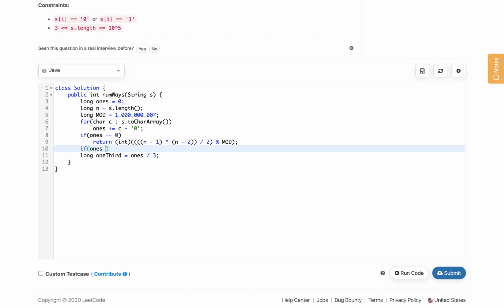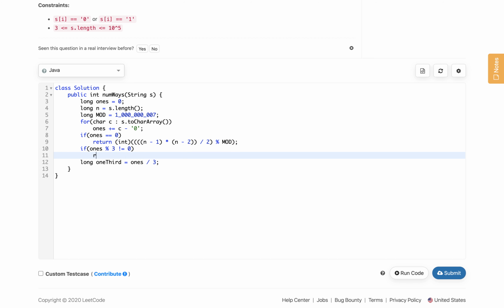If ones modulo 3 is not 0, then we simply return 0, and after that we will solve the case where the ones count is divisible by 3. So, we will reset ones to 0 to reuse the same variable, and define two more variables, long base 1 from 0 and long base 2 from 0.